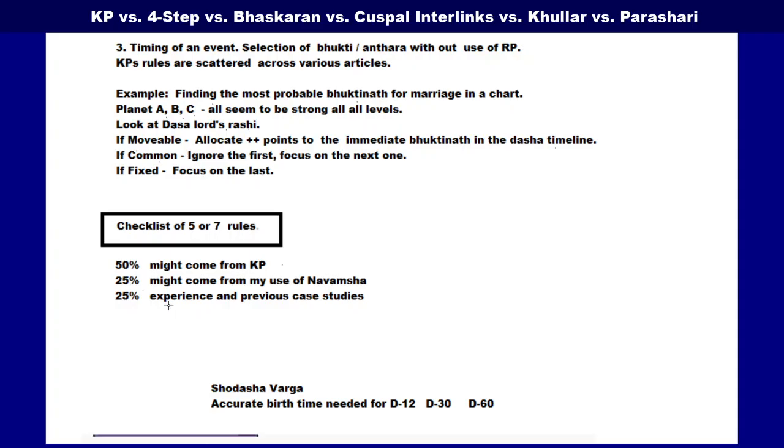See, even if you look at Krishnamurti Paddhati, Krishnamurti made use of the Placidus cusp. Placidus cusp was not a part of Indian astrology. But Krishnamurti has successfully made use of the Placidus cusp, and if you want to look at the magic of the Placidus cusp, then you have to get into the KP horary, where you can see how magically this Placidus cusp helps you solve a query using Krishnamurti Paddhati.